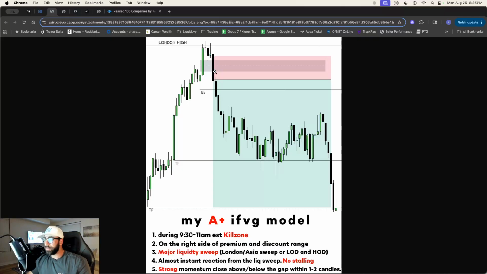In this example, London high, so that's again the 2 a.m. to 5 a.m. Eastern time frame, is swept. You can see price came up just into it. There was strong momentum because it's just wick. We don't like if there's just a body up here. You want to see the wick created. That tells you that in that time frame, price came right back down to its body down here. This is kind of called a doji candle.